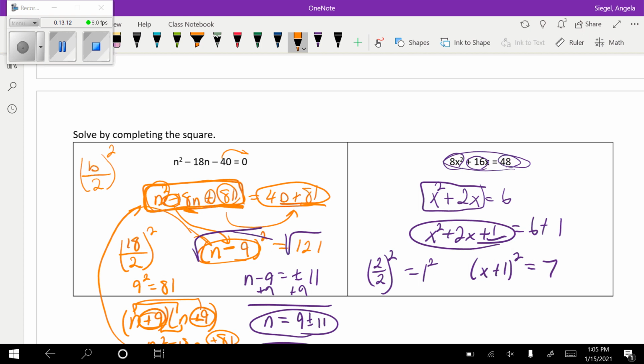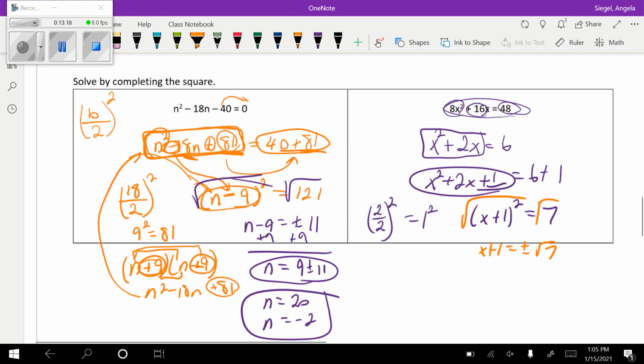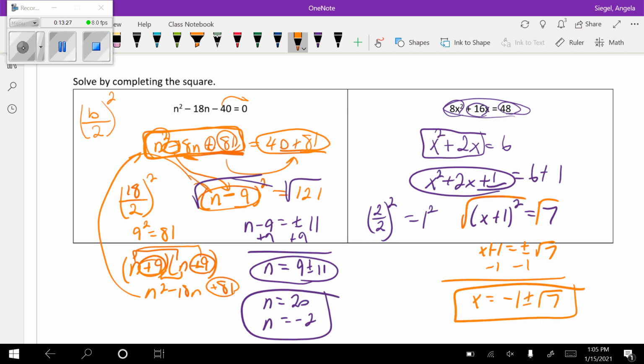I'm going to take the square root of both sides, and I get x plus 1 equals plus or minus the square root of 7. So I'm going to subtract 1, and I get x equals negative 1 plus or minus the square root of 7. We're going to have to keep it like this because we cannot combine negative 1 and the square root of 7. And that is